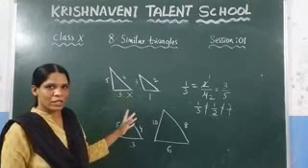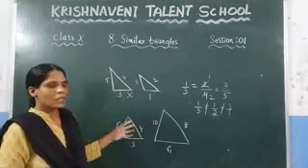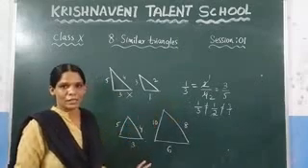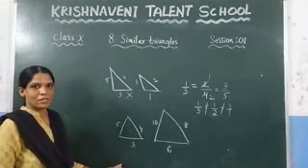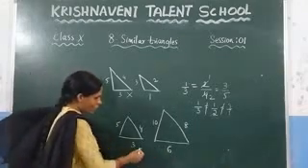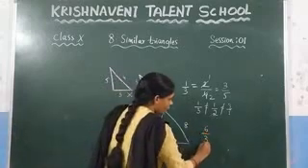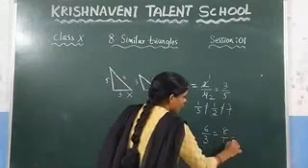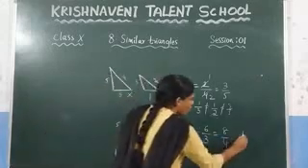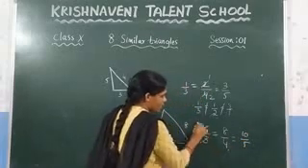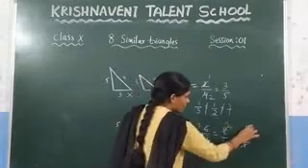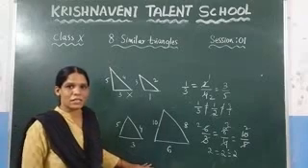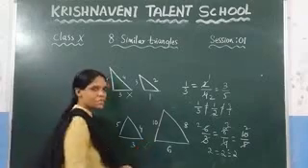Whether they look the same. Here you can observe that it is having the same shape, right? But even with the same shape, you need to check these criteria to see whether the triangles are similar or not. Let us consider this one and let us check what is the ratio here. If you take the corresponding side ratio, you can write it here 6 by 3. And similarly take the other side which is 8 by 4. And take the next one which is 10 by 5. Now check what is the value here. You know that here 3 twos are 6, 4 twos are 8, and similarly 5 twos are 10. So here we are getting 2 equal to 2 equal to 2. Since the corresponding side ratios are equal, we can say that these two triangles are similar.